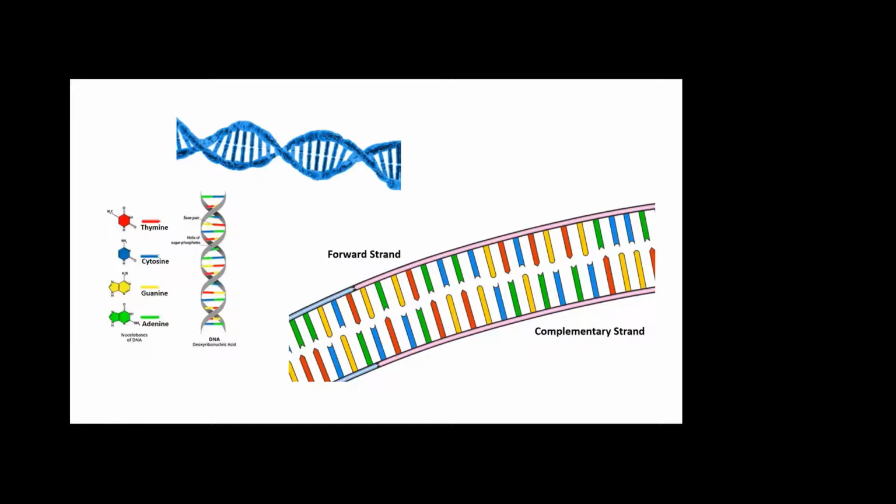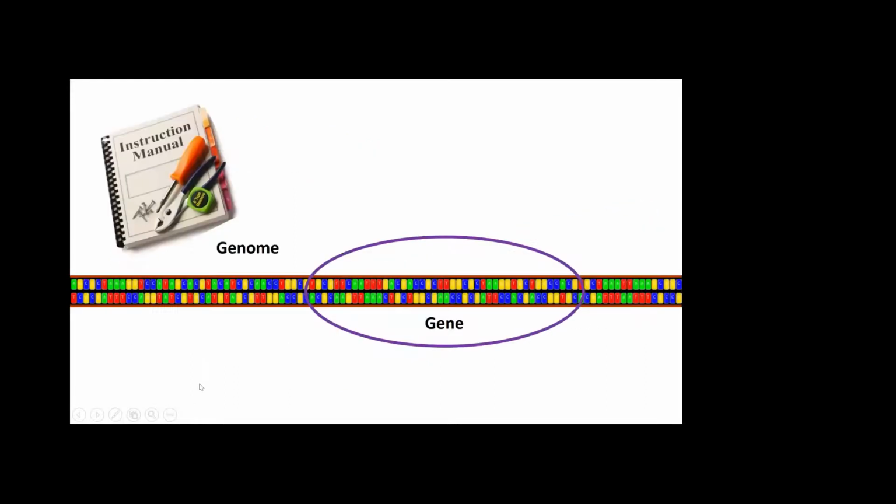So the nucleotides interact in a very specific way. Thymine always interacts with adenine, and cytosine always interacts with guanine. And you can see it here, where you see adenine and thymine and guanine and cytosine always pairing together. So when we look at the DNA,